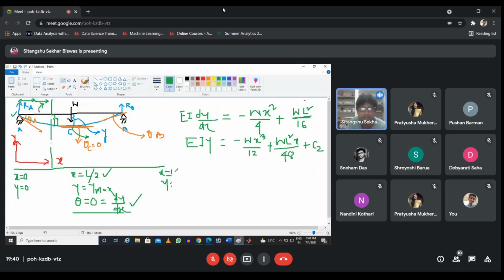Now again I will put at x is equal to 0, my y is equal to 0. If I put that, all the terms have x, so my C2 is equal to 0. So my final equation turns out as